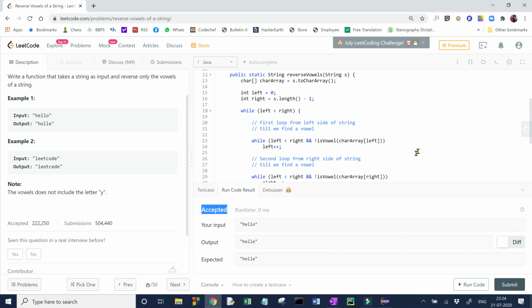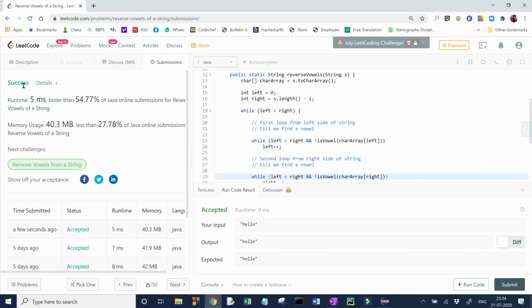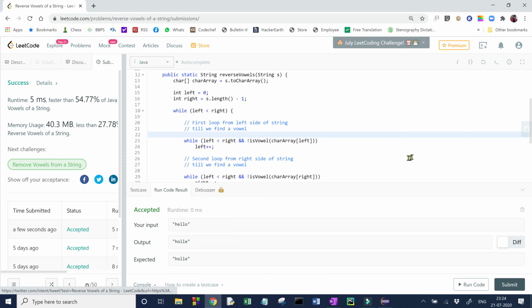So code is accepted. There is no compilation error. Let us submit it and see whether it is accepted or not. So yeah, now we have got this success. So that means our code is very successful, done.